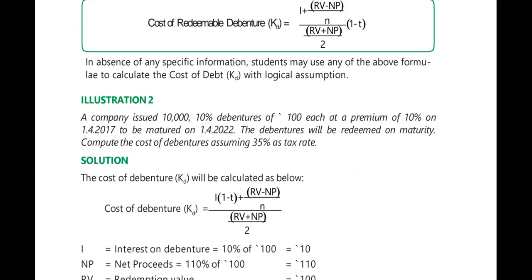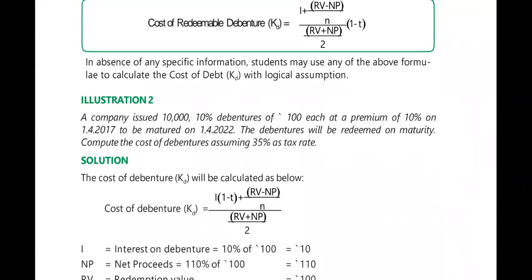We need to find out, as you can see here, he has told you all the information and he has told you that debentures were redeemed. Whenever you get words like debentures are redeemable, or debentures is redeemed, or redeemable debentures, that is, whenever the word redeem has come, you don't have to use the formula KD equal to I into bracket 1 minus T. That formula won't be applicable.